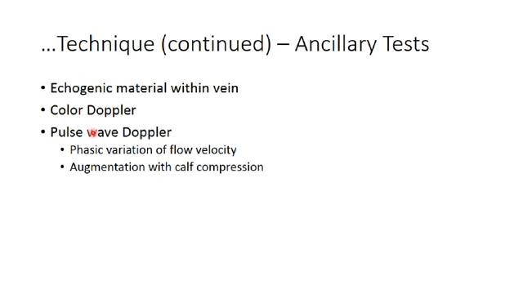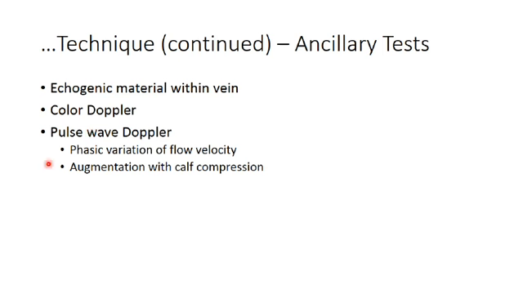There is no number of 10% increase of velocity or 40% increase in velocity or anything like that. And the reason for that is that A, the respiratory effort between two patients might be different. B, remember that the phasic variation is being affected through veins that are going through the pelvis and the abdomen, and depending on the abdominal contents, for example pregnancy or tumor or ascites, you might have very little transmission of the thoracic pressure to the veins. So there is no magic number for the amount of variation that you need to see,